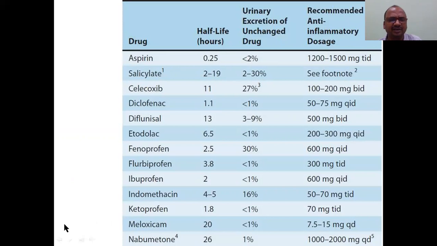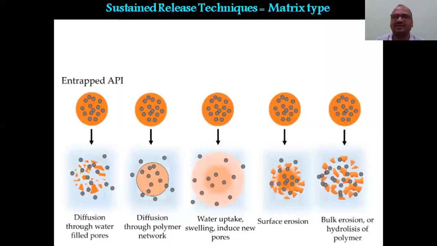Okay, see here, Nabumetone. Nabumetone has a 26 hours half-life. Daily one tablet is more than enough for it. Not at all required for that type of drug. Sir, nobody did Nabumetone project work. Nobody did a sustained release project there. I searched that area so that we could start the project work on Nabumetone. Not at all required. Why? Because the half-life is more than 26 hours.